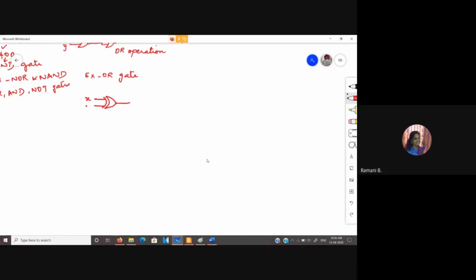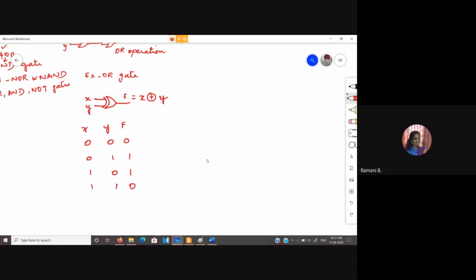Okay. So if this is X, Y, and this is F, the expression will be given as X XORed with Y. The truth table for this, we saw the other day when we were seeing binary to gray code conversion. If you have the same inputs, the output will be 0, and for dissimilar inputs, your output will be 1. So this is what you will have as the truth table.